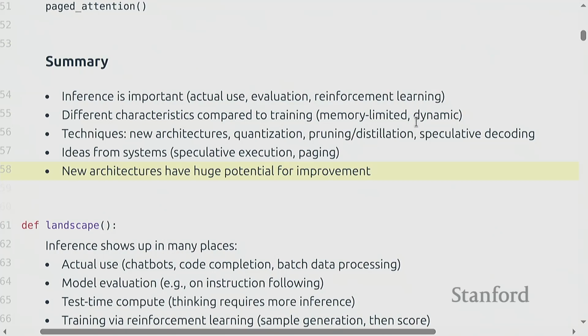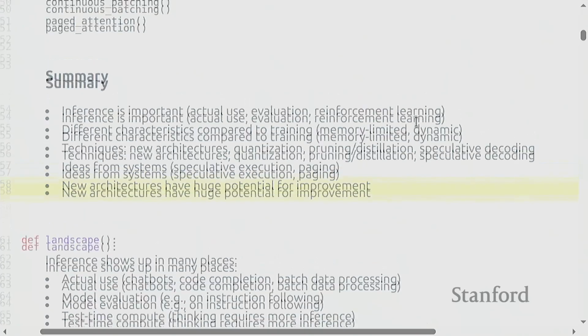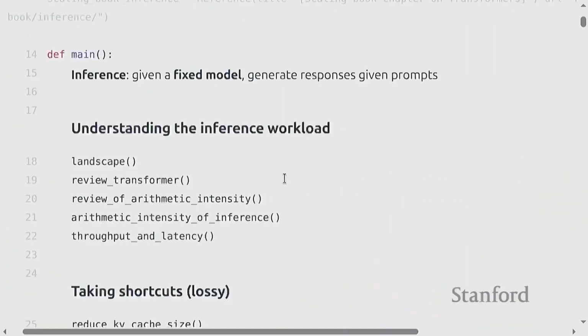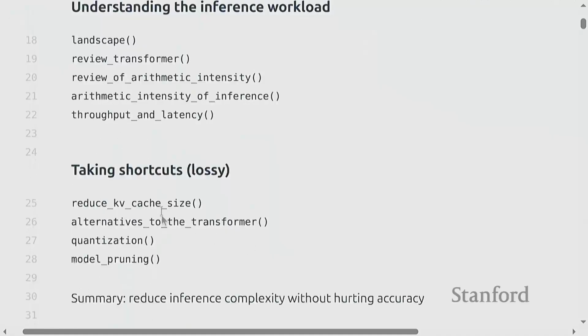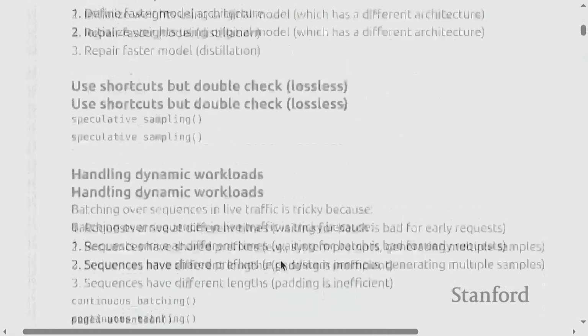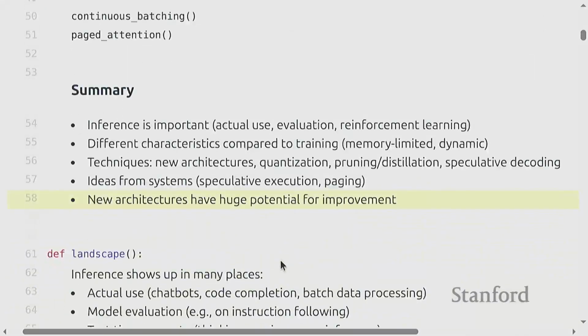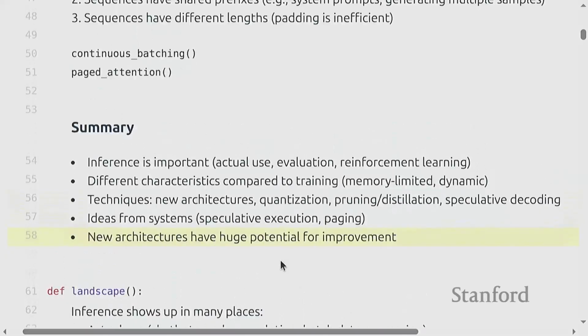Because if you think about it, inference narrowly is inference in a particular model: how do I run this particular model? But who cares about that particular model? You care about delivering good accuracy given your resource budget. So a lot of these ideas that try to reduce the KV cache and change the transformer are ways to sidestep the problem and say, well, I have something that's more efficient, and if I can train it in a way that gets me better accuracy, then I win.